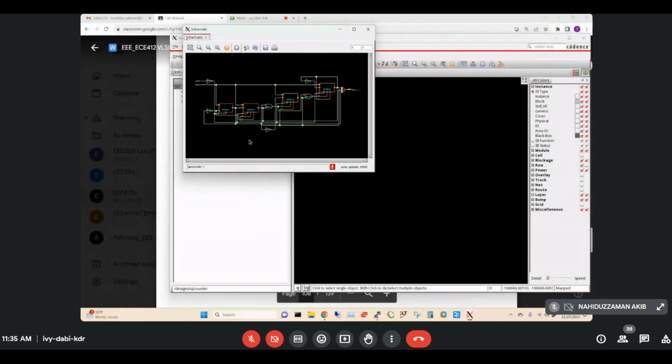The schematic may or may not match with this one. I cannot, nobody can guarantee it before we do the simulation. Okay, so let's go to the